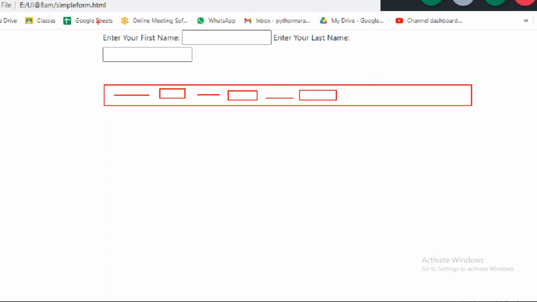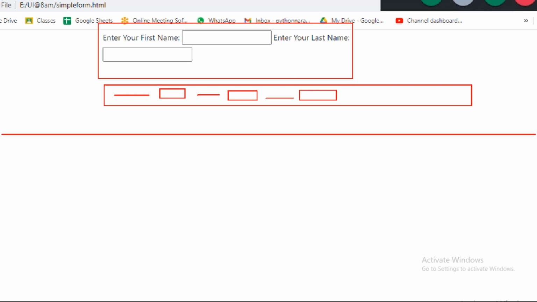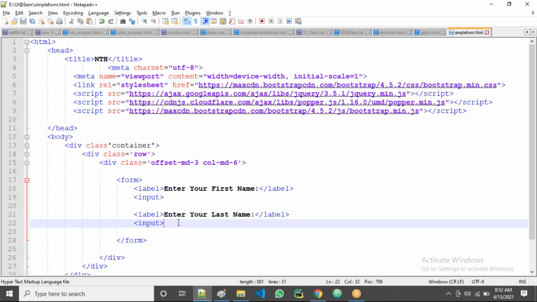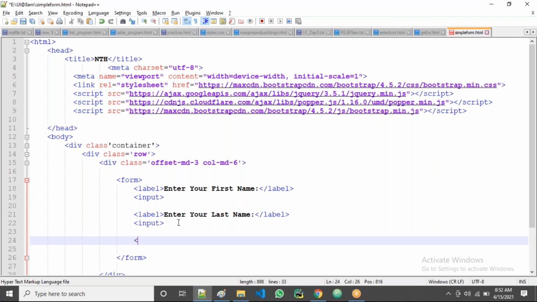Because of our 6 columns, there's only maximum width, that's why it's coming in a new line. If you don't have the rows, containers, columns, then it takes the entire width, in a single paragraph they come, guys. Okay, we can manage that later, no problem.